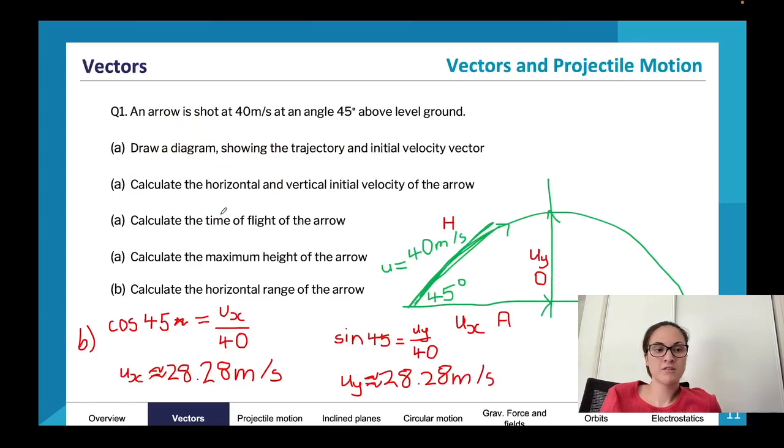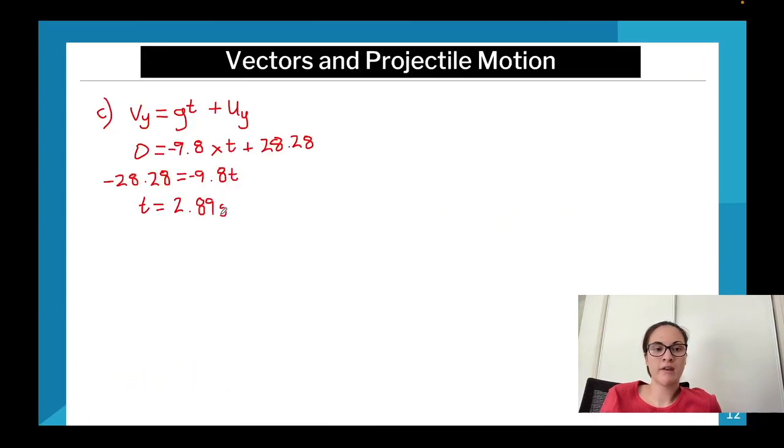Alright, next we need the maximum height of the arrow, so we're going to do it on this page as well. So the maximum height. This is where we need, where is it? Yeah, sorry, I was just looking at my little note there. So we've got v squared y is equal to 2g